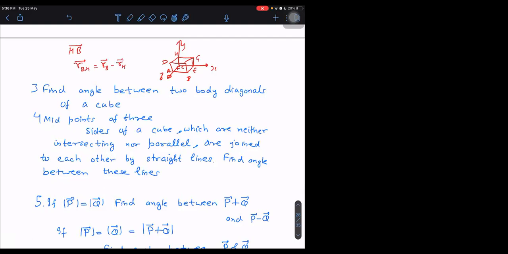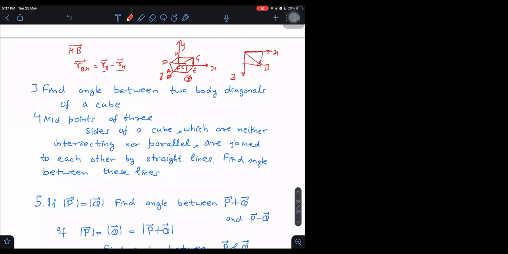Similarly, I can get another body diagonal which connects A and G. Then I just do R_A minus R_G. Once I know these, all I need to do is represent R_B and R_H. What is the R_B value here? B lies in which plane? B lies in the XZ plane. So if I look from the XZ plane, and here it is B, then the R_B vector will be nothing but...